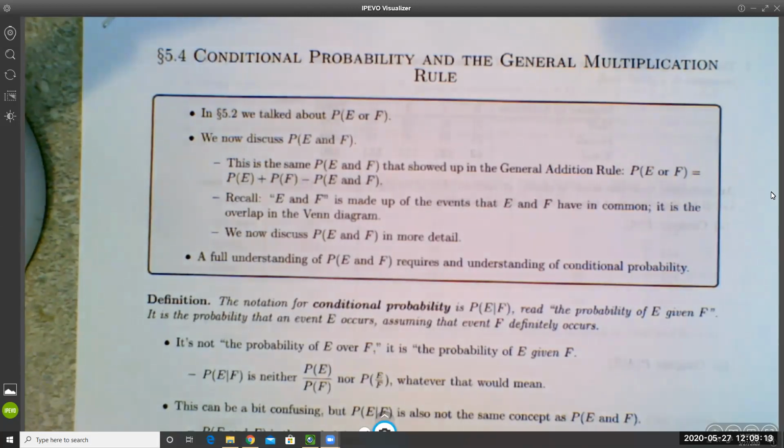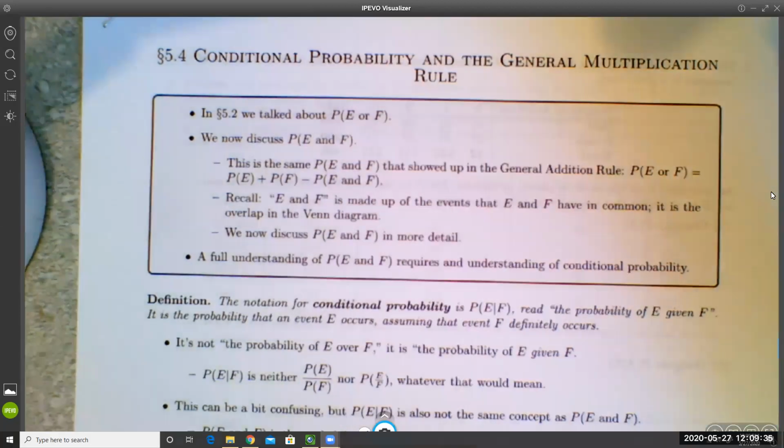And then once we've done that, we can come back to 5.3, which talks about the multiplication rule for independent events. It just makes more sense to me to start with the general and then go to the specific later than it does to start with the specific and then move out to the general. So anyway,